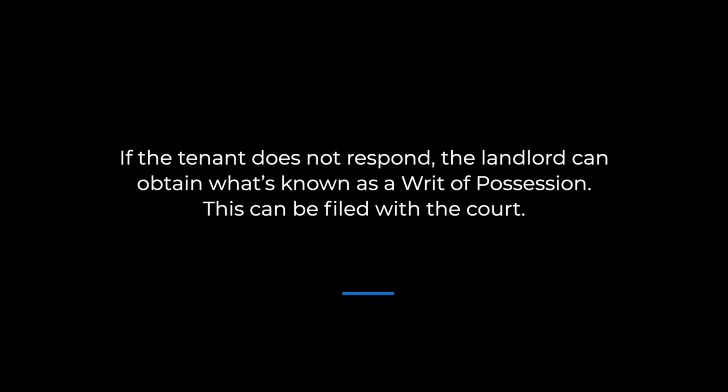After receiving this document, the tenant will have 7 days to respond using what's called an answer form. This form can be found on our website. The answer form asks the tenant to explain the grounds for challenging the suit. If the tenant does not respond, the landlord can obtain what's known as a writ of possession. This can be filed with the court. Once signed by a clerk, a writ of possession authorizes a sheriff to remove the tenant and the tenant's possessions